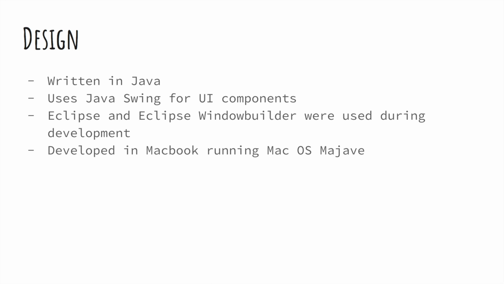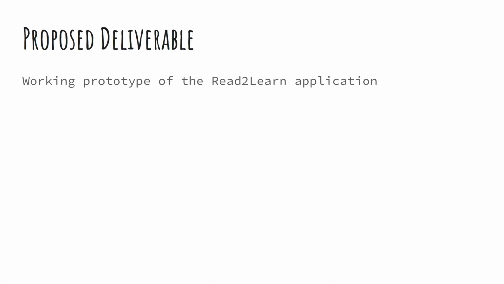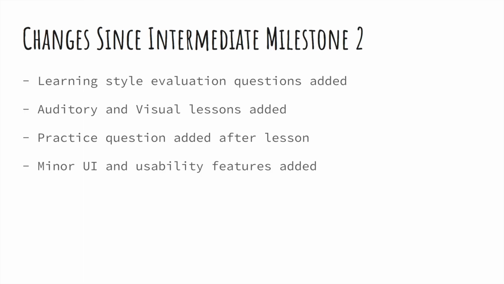Okay, so the design of my project, it was written in Java, and I used Java Swing for the UI components. I used Eclipse and Eclipse WindowBuilder during development, and it was developed on my MacBook, which is running Mac OS Mojave. Alright, my proposed deliverable was a working prototype of the Read2Learn application,